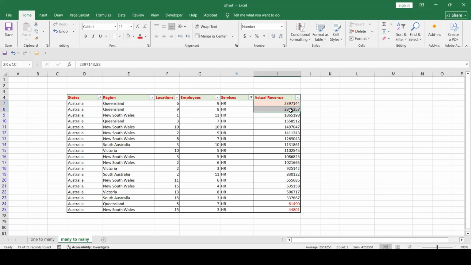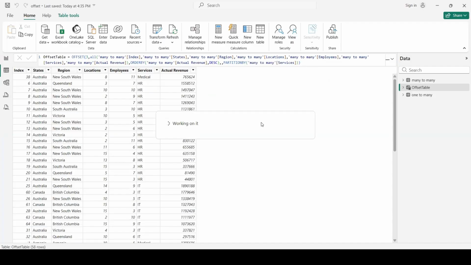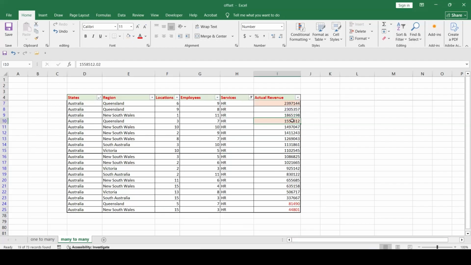And if we say, okay, we want the first three highest values to disappear, and we want to look only at the rest, we can mention 3, and this should be the highest value in our table in case of HR services. So let's just modify this parameter, 3. I will say 3. So take out the first 3 highest values from each category services, hit enter. And now if we look at HR, we have 1.5 millions, which should be also this one, correct. So this is all with offset function.